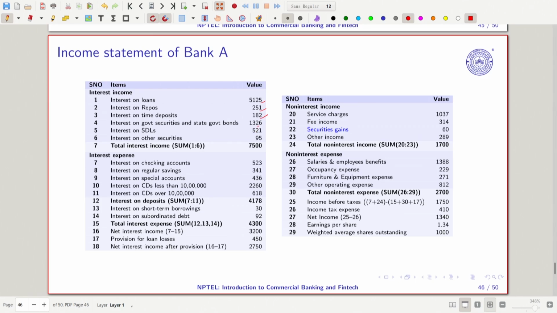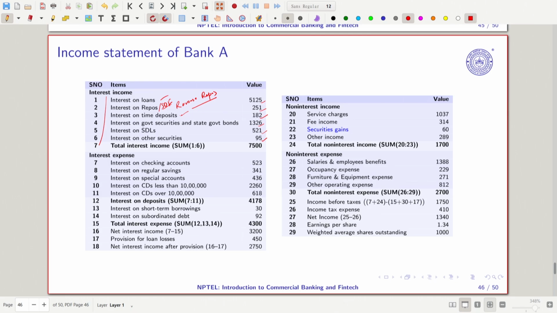Interest on government security, state government bond, it is 1326. Interest on SDLs, it is 521. Interest on other securities, it is 95, and overall it is 7500. So you can see what all the components are: interest on loan, interest on repos, interest on time deposits. Repos means reverse repo, not the repo at which borrowing happens, it is income, right? And you can also add now SDF, because SDF is also giving uncollateral income to